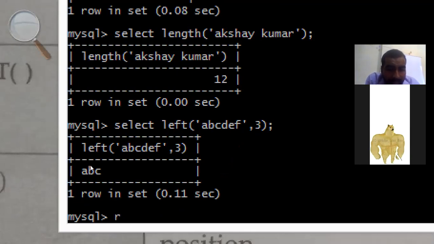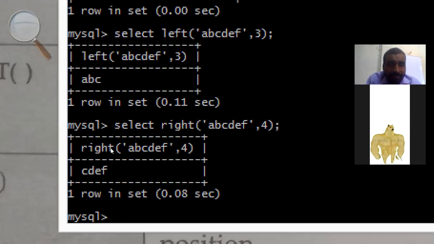Okay. Now there is use of right function. So we write the select command, select space, right. Then in the parentheses, write the text. Suppose the same text, A, B, C, D, E, F. Then how many characters do you want from the right side? Suppose I want 4 characters, counting from the right side. Then close the parenthesis, put the semicolon and press the enter key.